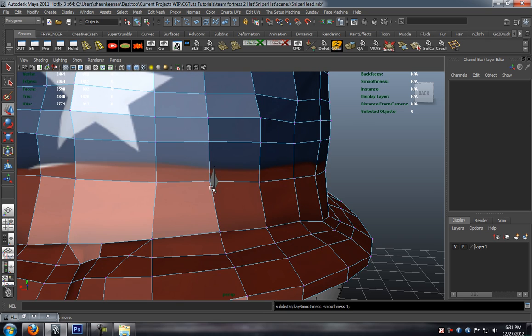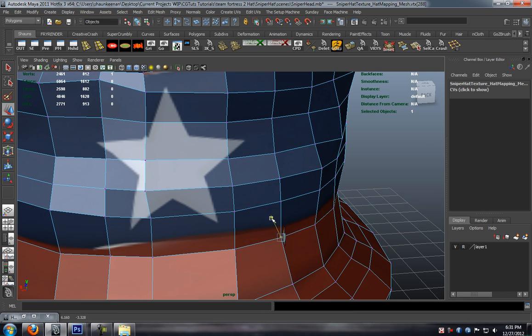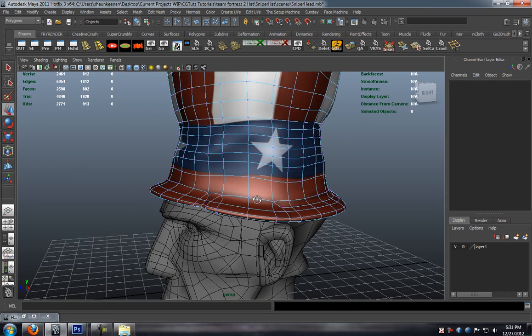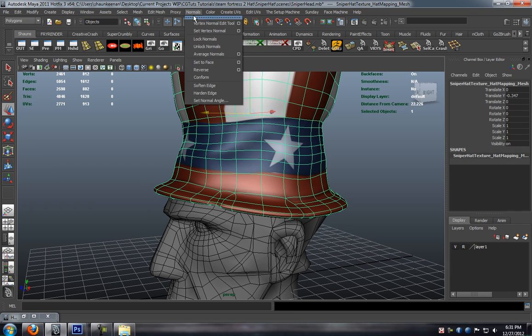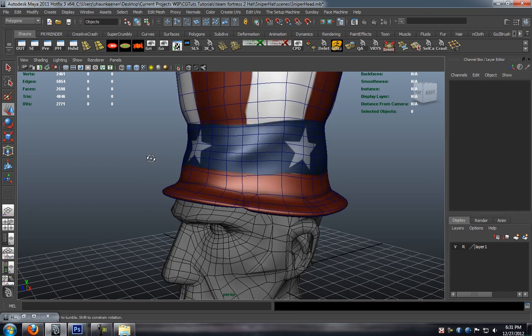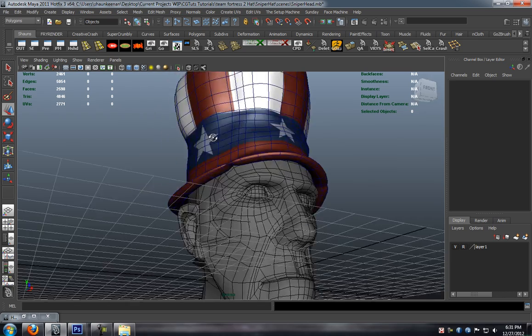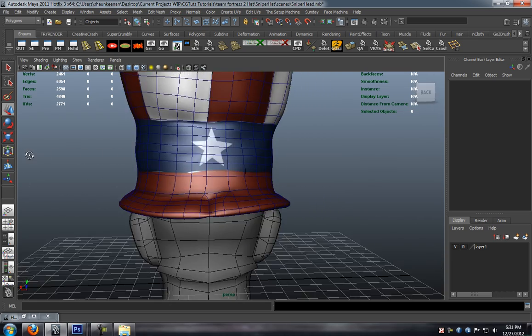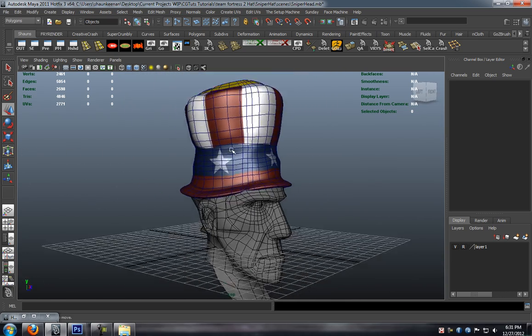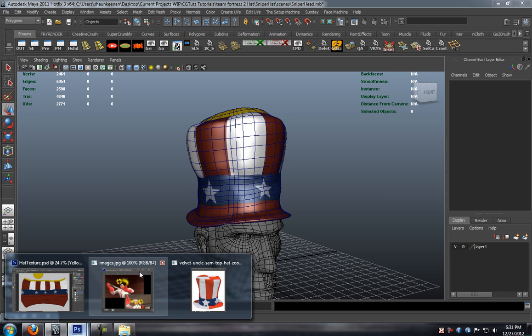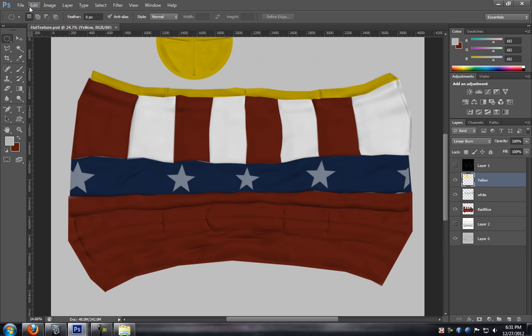Let's take a look at this one that's actually poking through a little bit as well, so let's go ahead and set that. Just make sure that we soften our edges, and you can see here where that's actually fairly good. Okay, so let's jump back here to Photoshop,